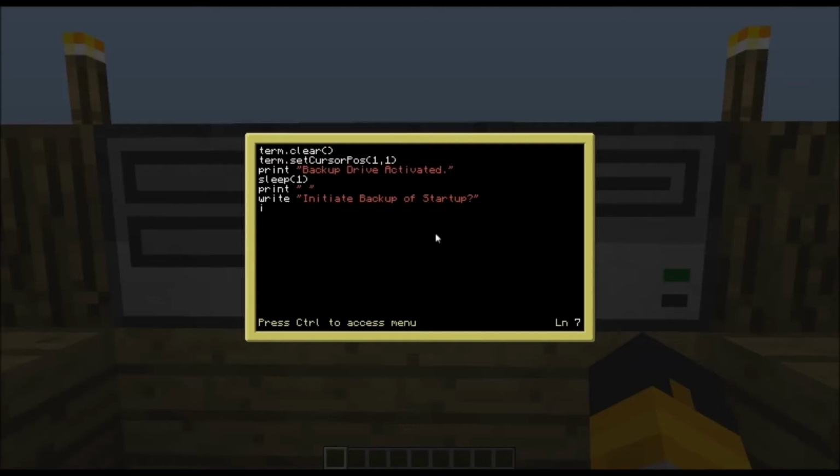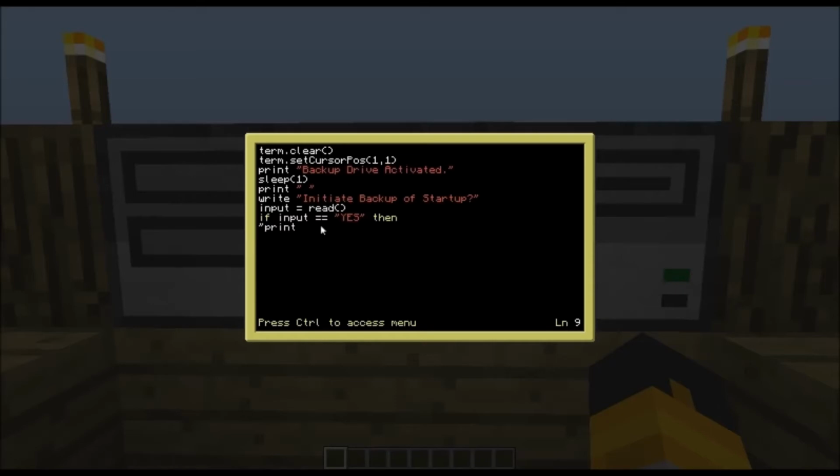So if, local, hold on, local input, actually I don't need local. Local is for the little star thing, so I'm not going to have local, I'm just going to put input. So I'm going to put input equals read 00, like that. I'm then going to put if input equal yes, then in here I'm going to put